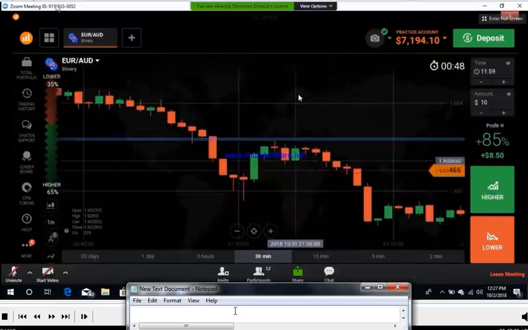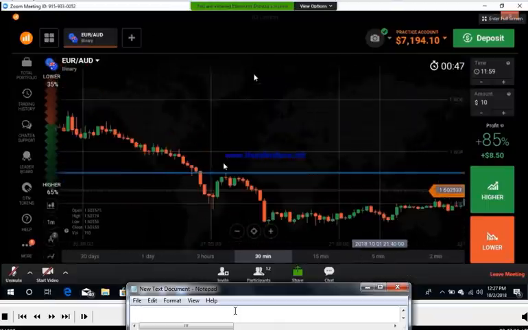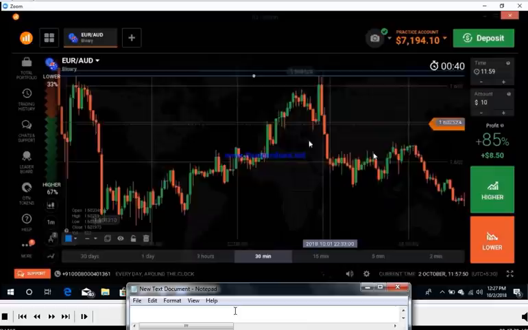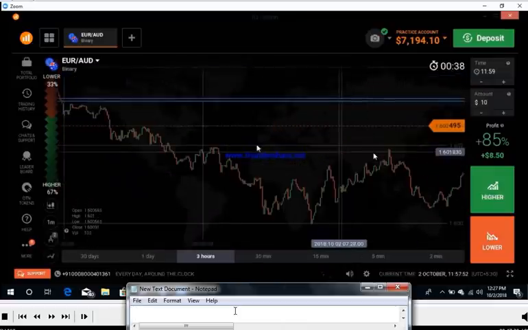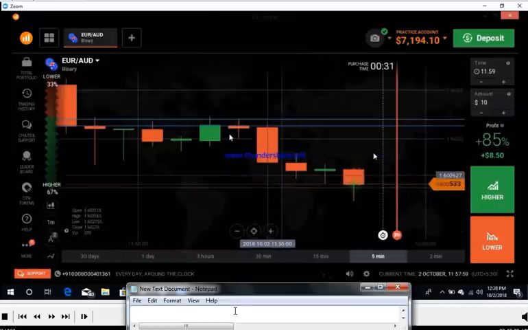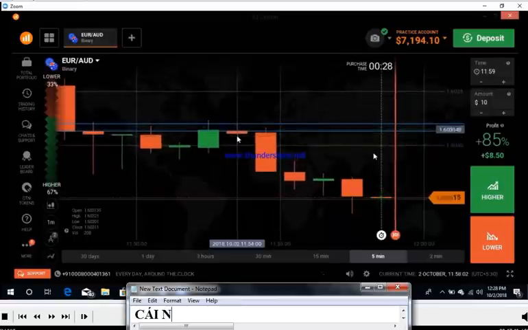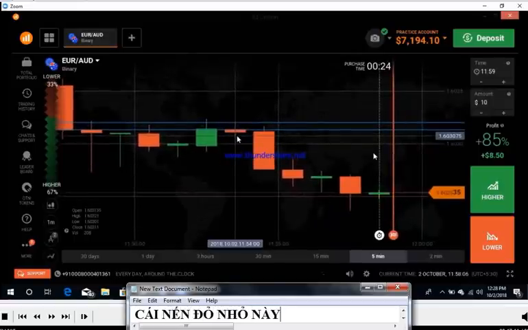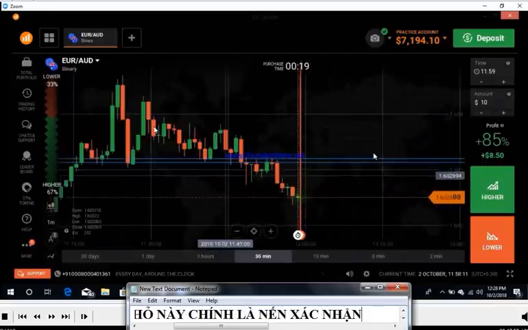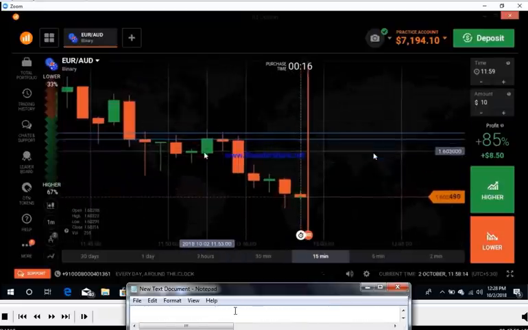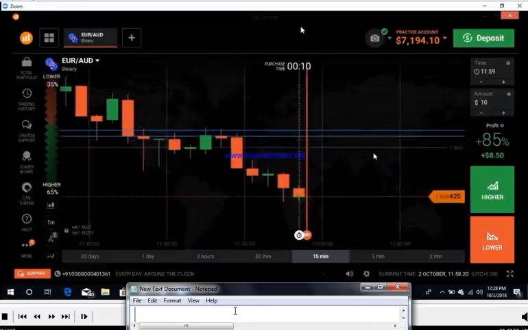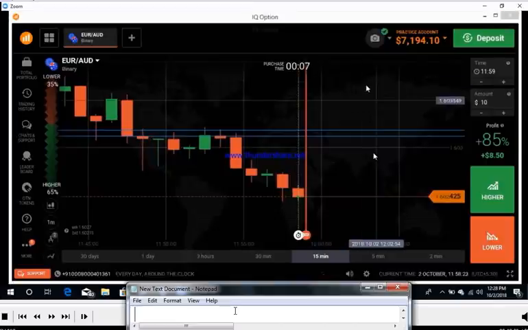It reversed from the same level. I think the level is from here to here. So we can trade on this level. When the market comes to this level again, you can trade. So this is a spinning top, which means it works as a reversal here, because this is a small minor downtrend, and this is a strong level. If you see the reversal candles at strong levels, you can trade.